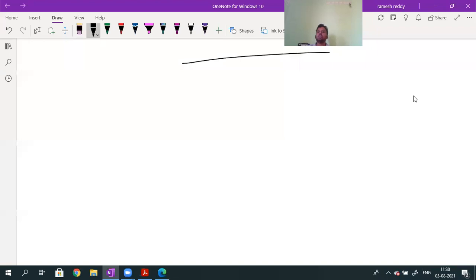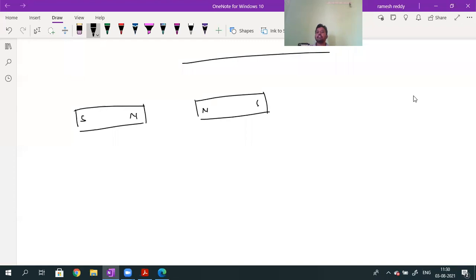So the last point for today's class. Now, instead of considering the poles, when I consider two bar magnets, this is the first bar magnet and this is the second bar magnet. Here is a south pole, here is a north pole, here is a north pole, here is a south pole.